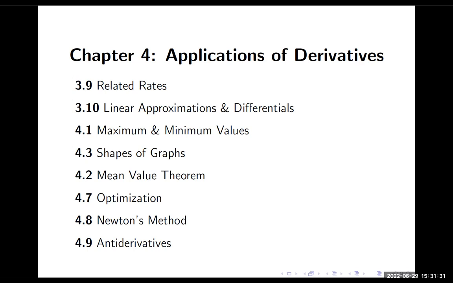Then we'll get into Chapter 4 in the actual book, 4.1, maximum and minimum values, and 4.3, shapes of graphs. Those go together really well, so I put them back to back. All of that is actually talking about graphs of functions and what we can learn about graphs using derivatives. Then we'll do 4.2, the mean value theorem. Another good application in 4.7, optimization, Newton's method, and finally in 4.9, we'll learn about antiderivatives. Okay,